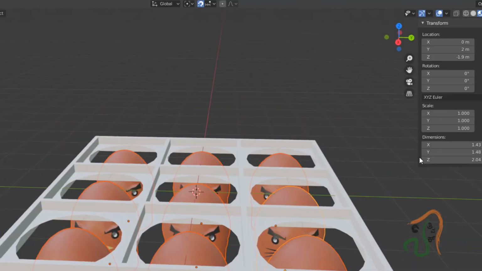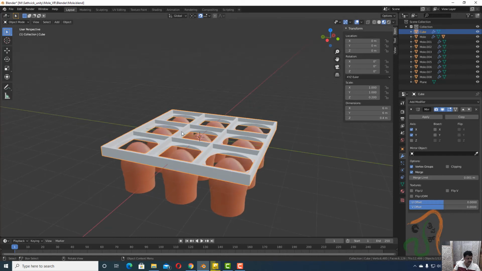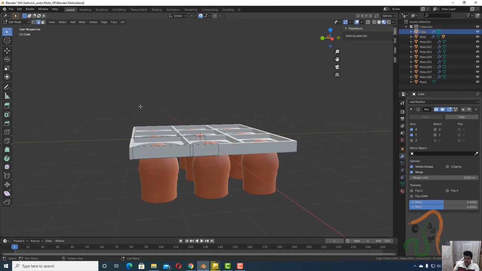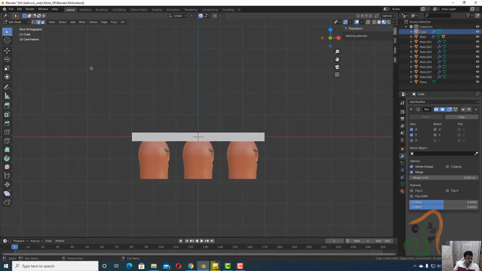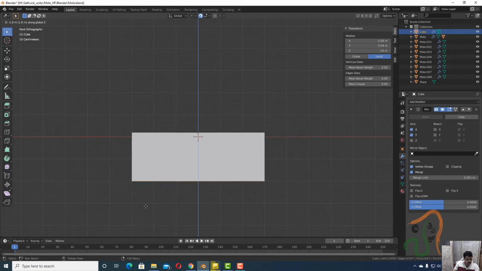So what we shall do now is come back to the cube here. See that the cube object is selected. You are in object mode. Now press Tab and come to edit mode, and in edit mode come to the front view here. Select the edge mode, drag and select all the edges here, and then press E and drag it down. See, it moves down. Press Z to move it straight down. So you pull it till the bottom here.